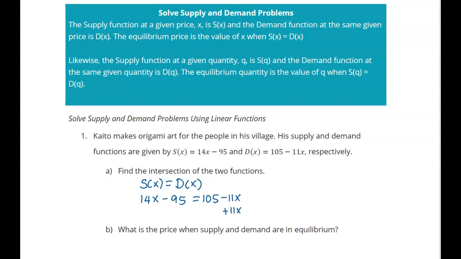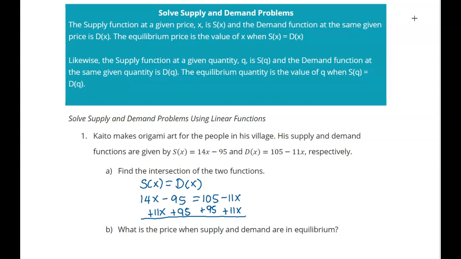So we can cancel this 11x here. And then we also do that on the other side, so I have to add 11x here as well. And then also, I want to cancel negative 95 on the left-hand side. So therefore, I would add 95 on both sides of the equation. Therefore, by adding these two equations, I will have